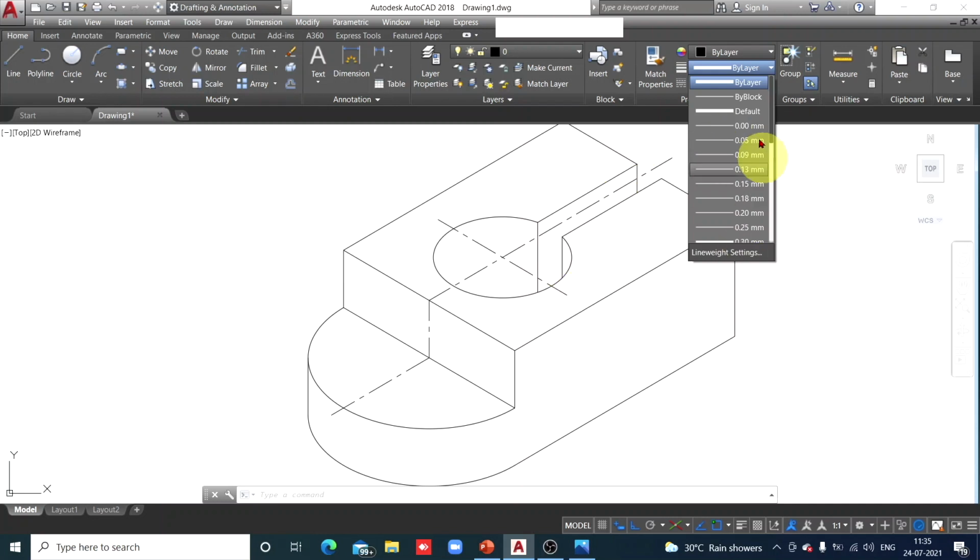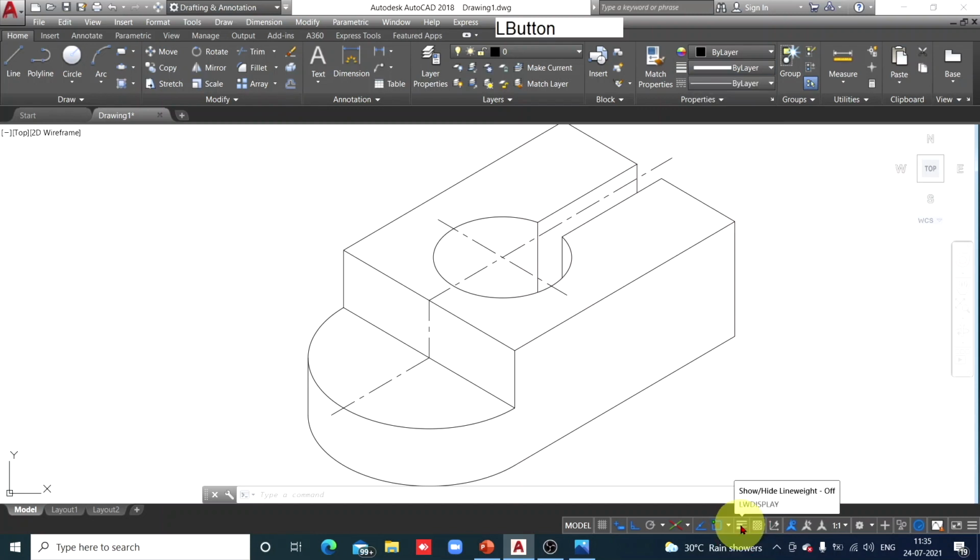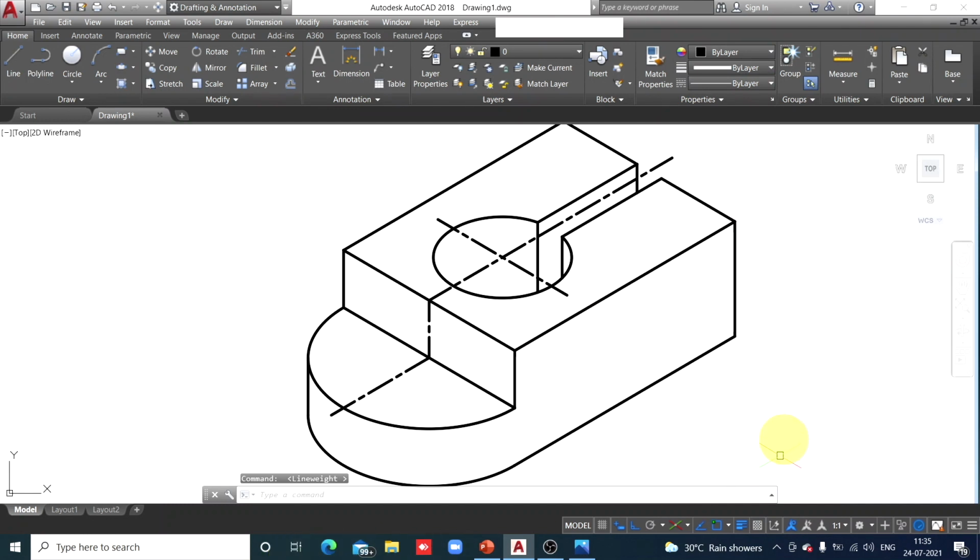So AutoCAD has selected the default thickness, and the default thickness is actually very thick. Then why can't we see that thickness here? Because the line weight toggle key is off right now. If you make it on, the AutoCAD software will show the thickness of the line. So I made it on.